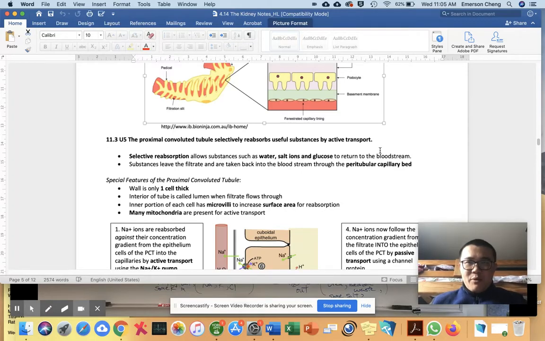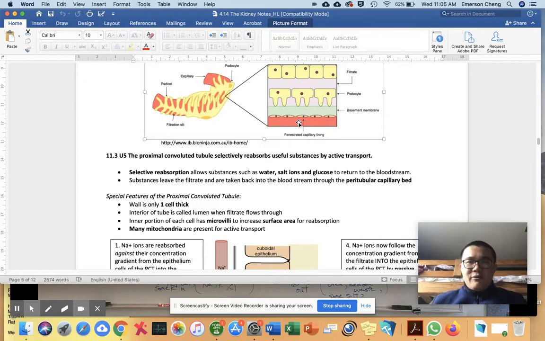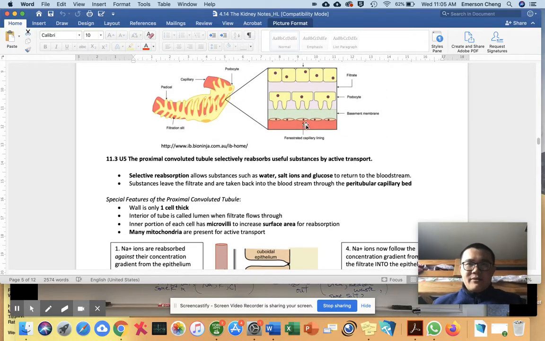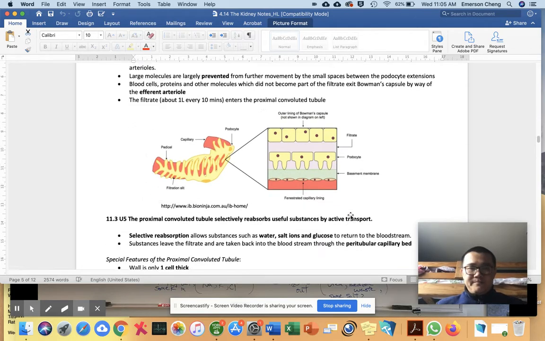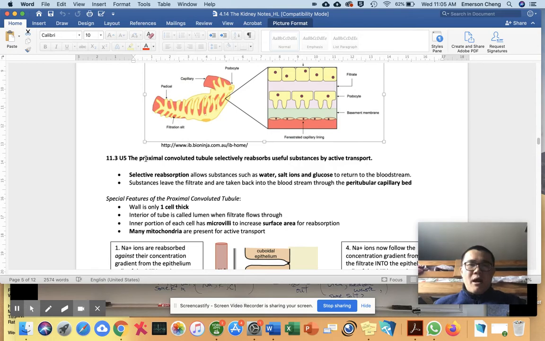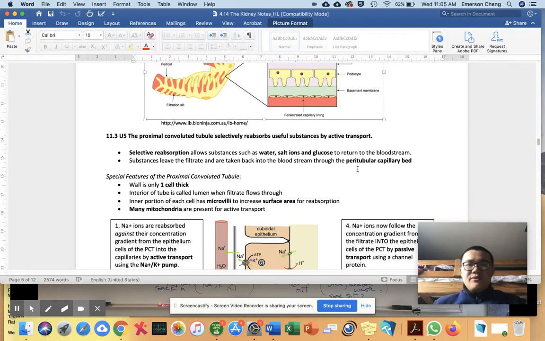So anyways, where we are: ultrafiltration. Blood goes through the fenestration into the filtrate. That's where we are at. These structures, the basement membrane and podocytes, in addition to the fenestration, prevent large molecules from going through. Right, now we're at the proximal convoluted tubules. A lot of it is reabsorbed by active